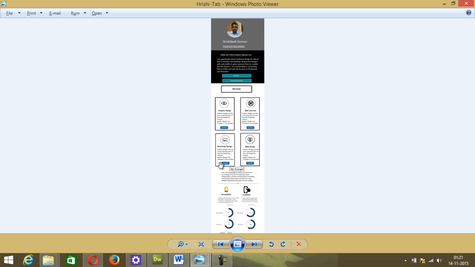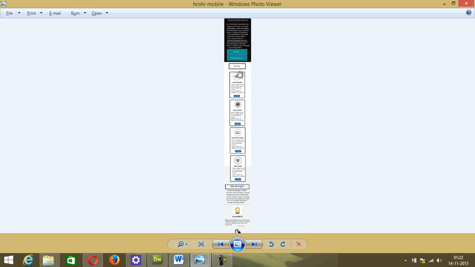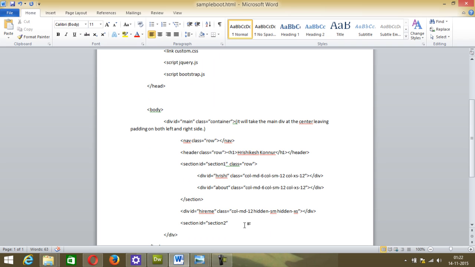Even the container which is containing all 4 is covering the full width. Even for mobile, the container which is covering all 4 is covering almost the whole width of the parent. So section 2 is basically parent of all 4, and the class should be col-md-12 space col-sm-12 space col-xs-12,